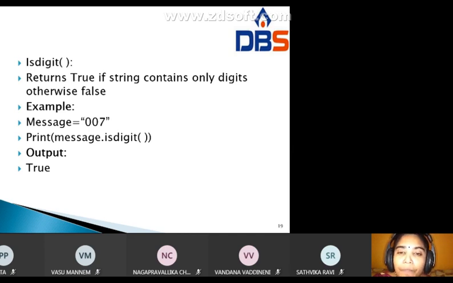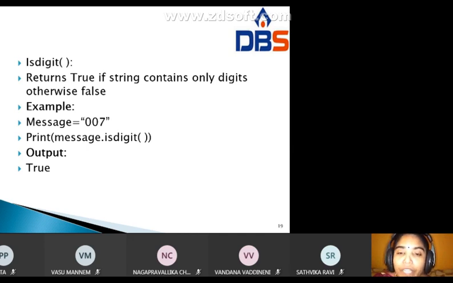For example, in this message we have James Bond 007. We have to print message.isdigit(). The output is false. Why is it false here? The meaning of isdigit is that the string contains only digits, but in this message, James Bond, I gave characters and digits.